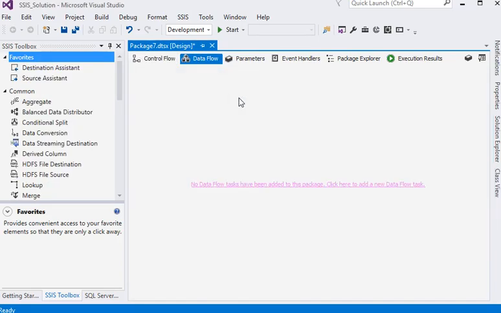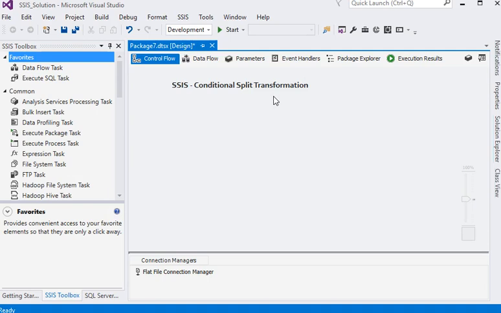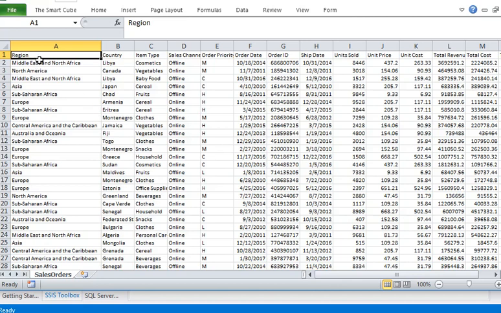The basic idea of a conditional split transformation is that suppose you have data, for example sales data containing region, country, item type, sales channel, order priority, order date, order ID and many more columns, but you want to split your data into two or more outputs, as if you want to store your data for a specific region like Asia, or all other regions, into a different location, then we can use the conditional split